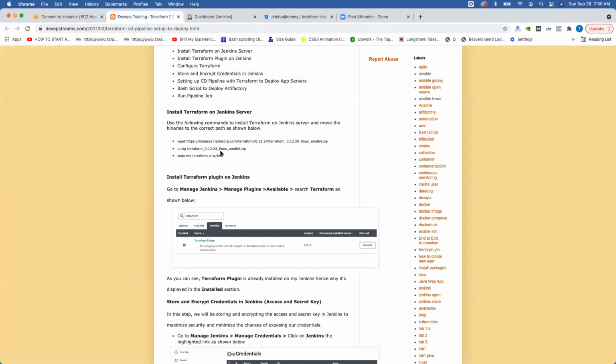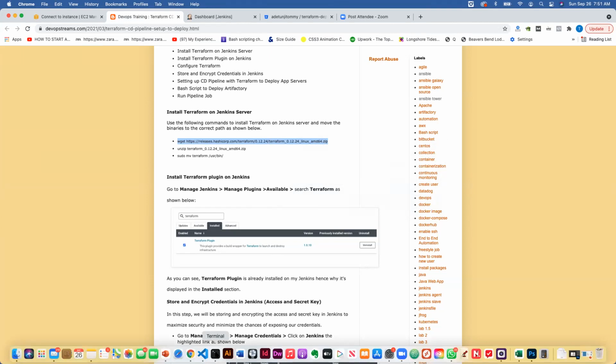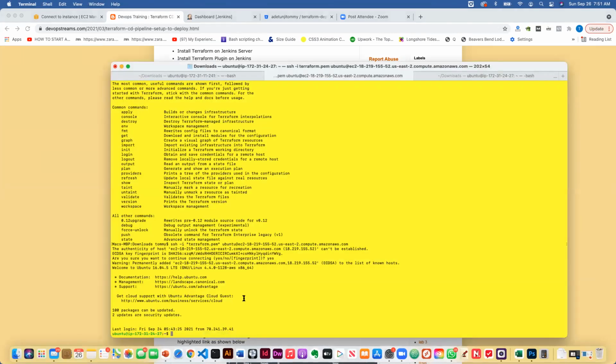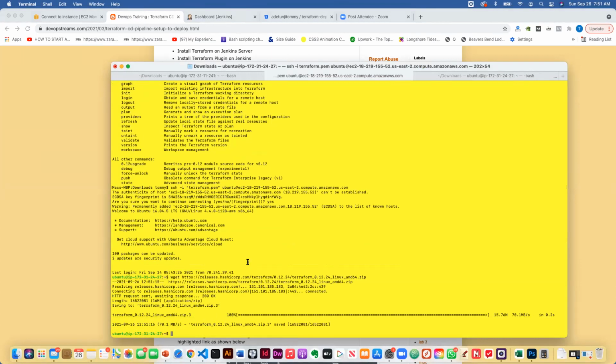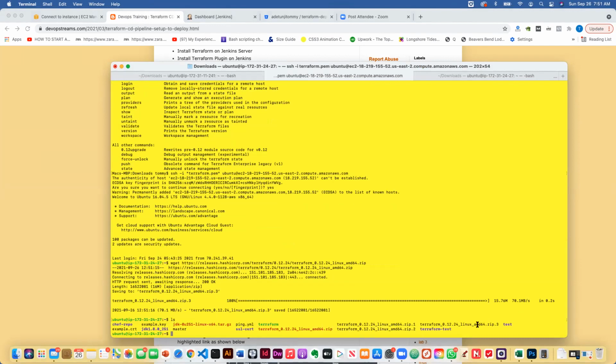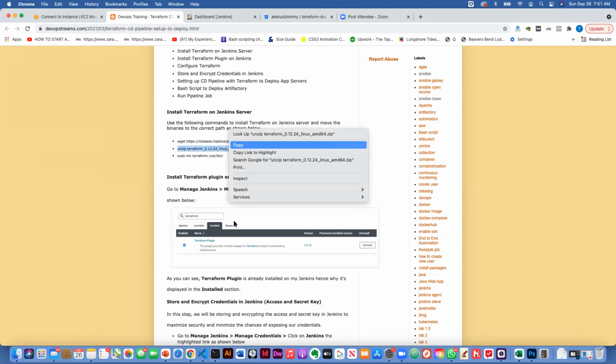Okay, so the first step, we're going to install Terraform on the Jenkins server. It's simple, the same thing as running Terraform on a local machine. It's really simple to install it on your server as well. All you have to do is get this link. I already have this installed, but I'm going to do it again. As you can see, this is the file I just downloaded here. So if I do unzip,